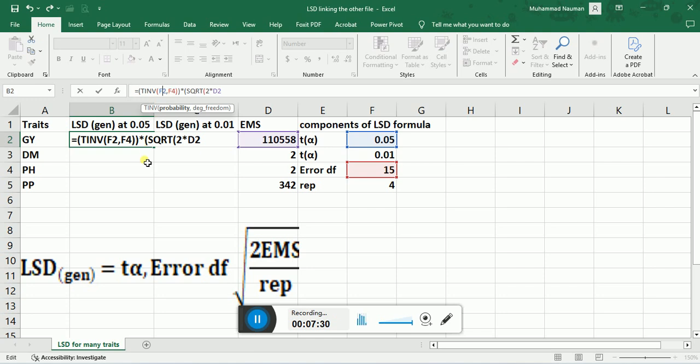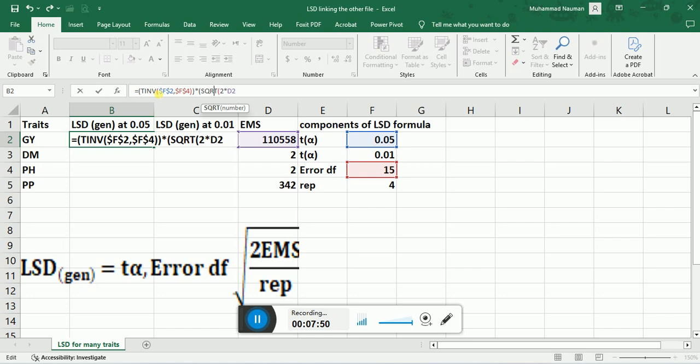Here place the dollar sign, Shift F4. Then here we have F4, the error degree of freedom, place the dollar sign also.